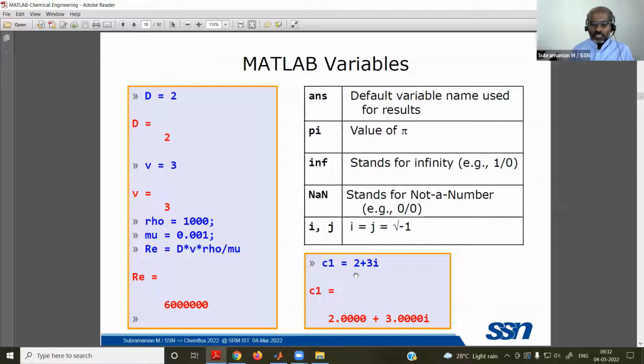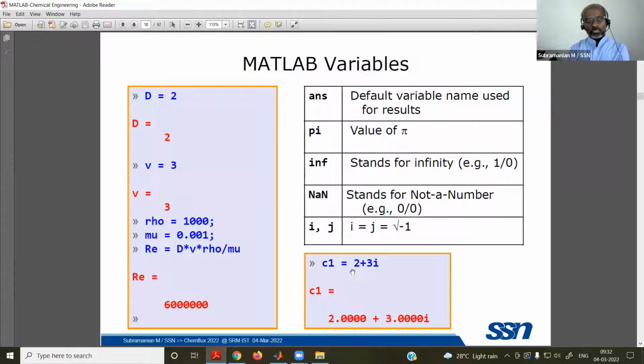And you can easily input a complex number. In your calculator you cannot easily give a complex number input, and also you cannot get a complex number output. Even with Excel, I'm not sure whether you will be getting a complex number. Even in C programming, you cannot easily handle a complex number.